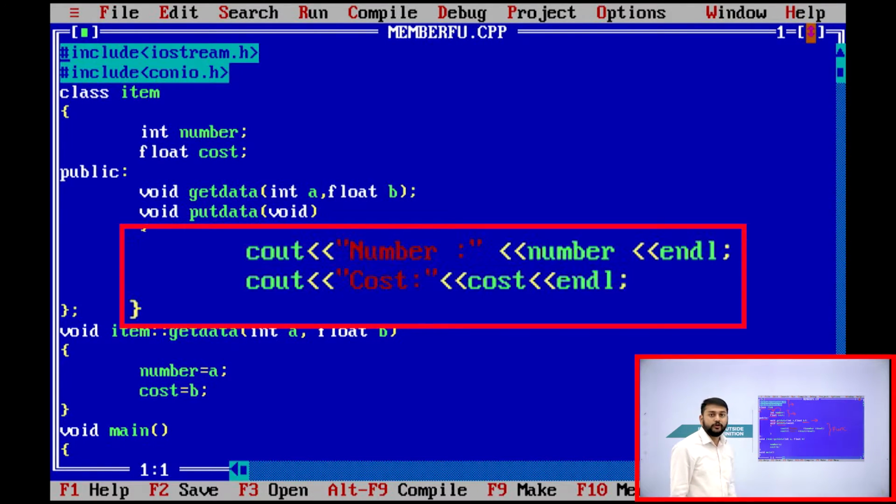That's why I will call it inside the class. Am I being clear? Now, guys, remember I have not defined this function still. Then where do I define it? I will define this function outside the class.